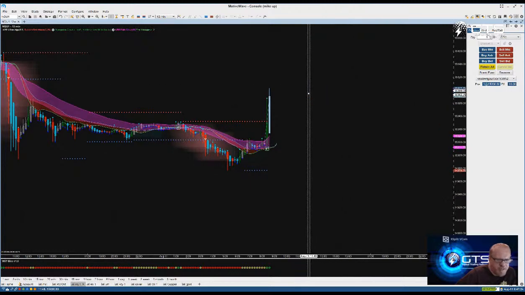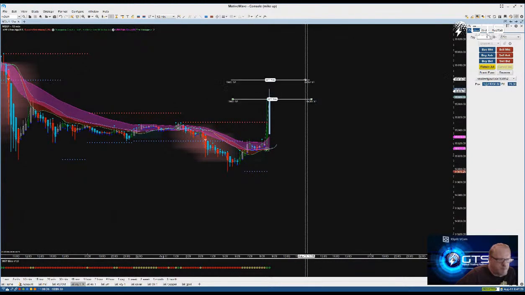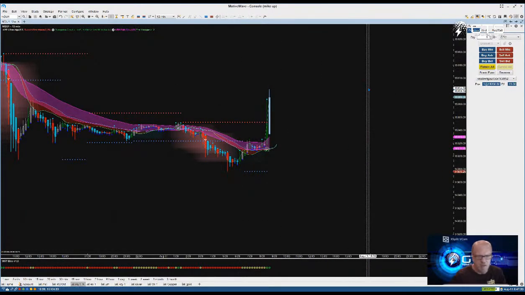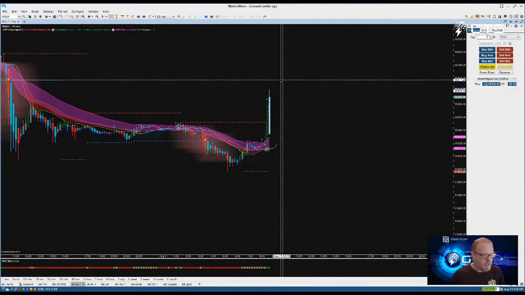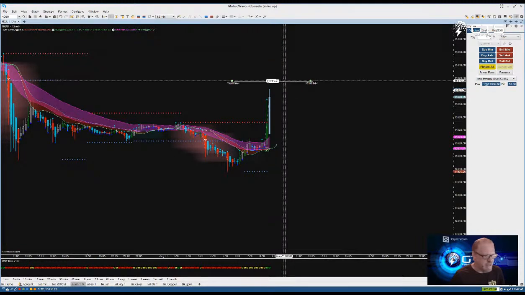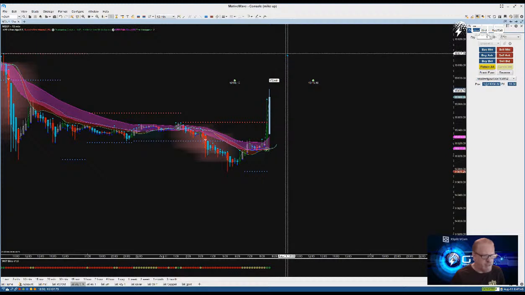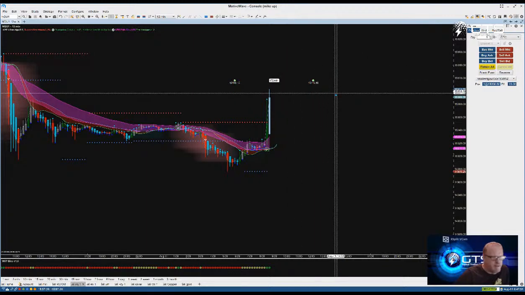So what we'll do is take this line right there to give us a notice that we might have something right here to cross. That gives us a way to see that this is probably where it's going to take off to if she jumps up at the first part of this morning again. Then the second level, if it breaks this, we'll move it up to the 157.75 and hold it from there.